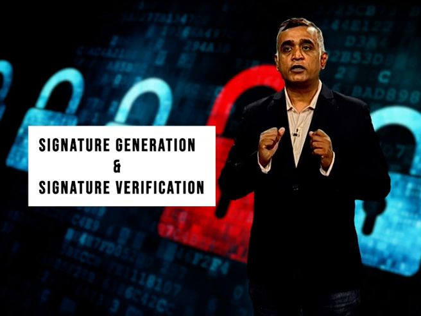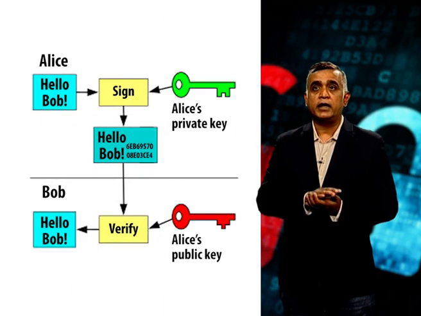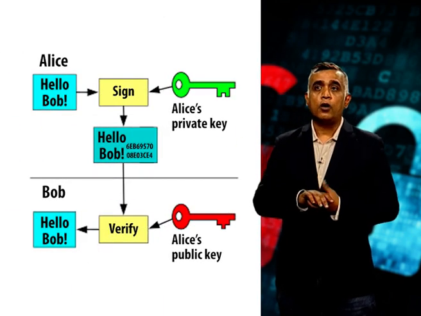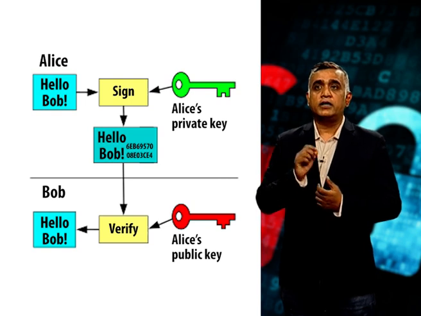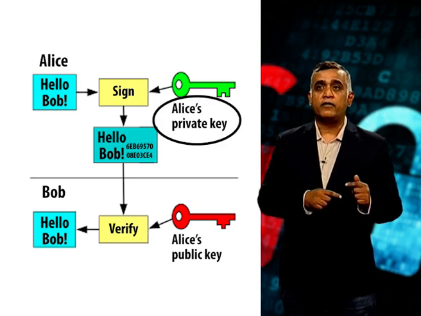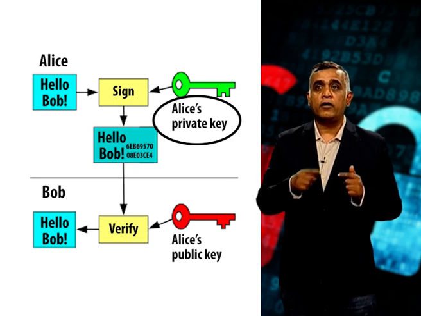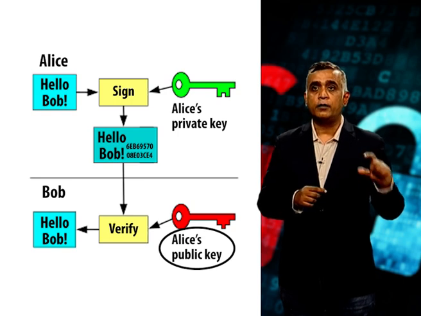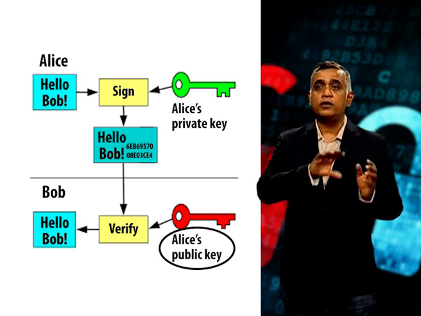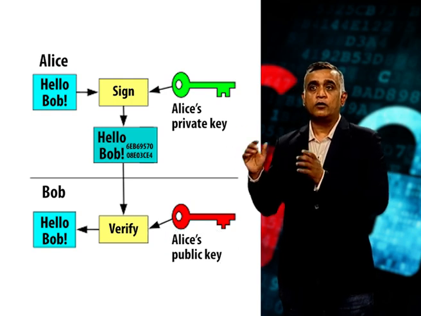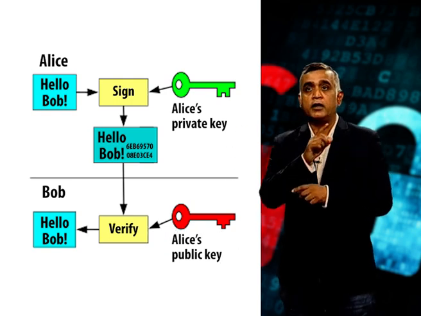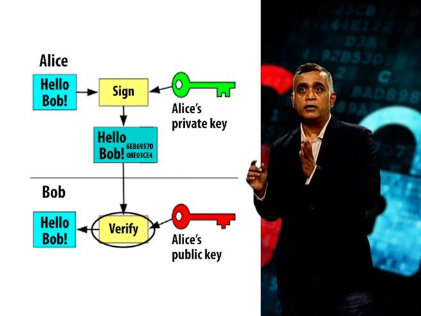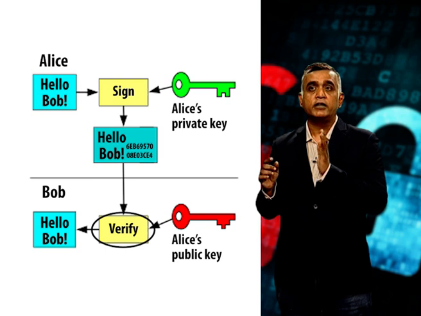Another public key operation is signature generation and signature verification. Now, let us try to understand this with the same example, where Alice wants to send a signed document to Bob. Here, a signature will be generated using Alice's private key, and that signature will get verified using the corresponding public key. So, Alice can generate her signature using her private key, and then she can send that signed document to Bob. After receiving the document, since Bob knows Alice's public key, he can verify whether that signature is genuine or it is forged.